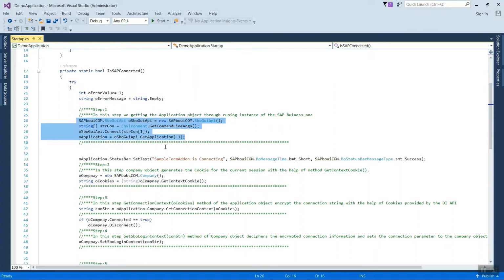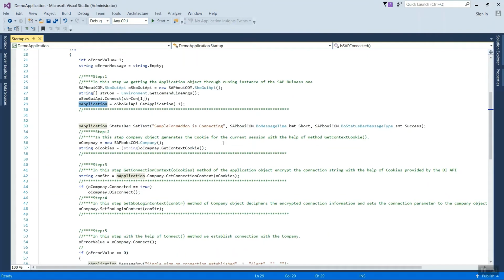So here we have the application object, and with the help of this application object, we will transfer the connection parameters. But before that, let's discuss step 2. In step 2, we have created a company object, and with the company object method GetContextCookie, we are getting the cookies in a string variable here.